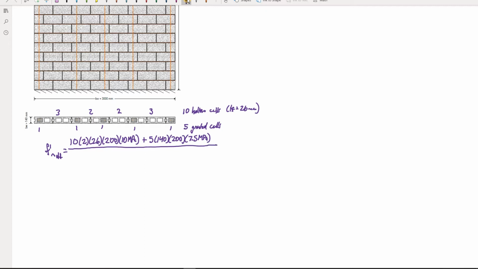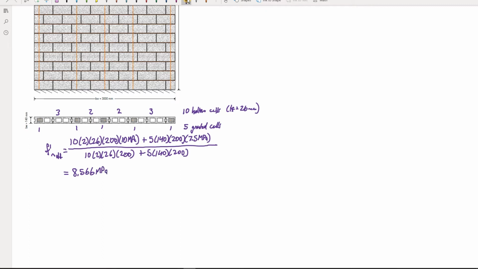I'm going to divide it by the total area, so it's the same terms, just without that strength term. So 10 times 2 times 26, so 2 face shells, 10 of them. Each one is 200 millimeters long. And we're going to add that to 5 grouted cells, which are 140 by 200 each. And if you put all of that into your calculator, you will get an answer of 8.566